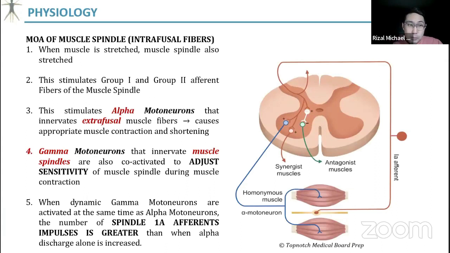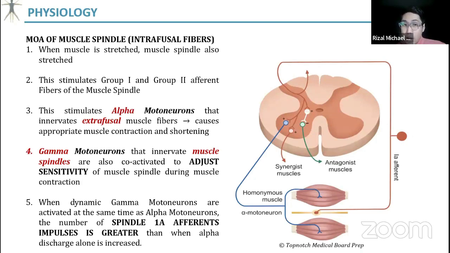Okay. So let's briefly talk about this stretch reflex, for example, no? Okay, let's start here. So briefly lang, I want you to listen lang, no? So for example, we have knee-jerk reflex or quadriceps reflex. You will stimulate mo yung muscle spindles mo, right? The muscle spindles acting as your receptors in this scenario. So quadriceps reflex, knee-jerk reflex, di ba? Hit mo yung tuhod, hit mo yung tendon, and then mas-stimulate mo yung muscle spindle reflex. So if tinanong kayo, what is the sensory pathway or what is the afferent fiber of the reflex?